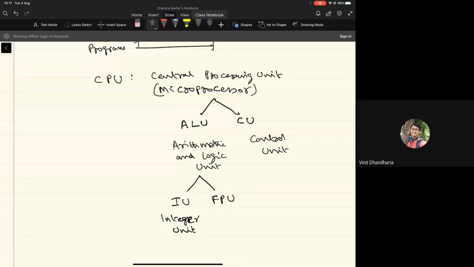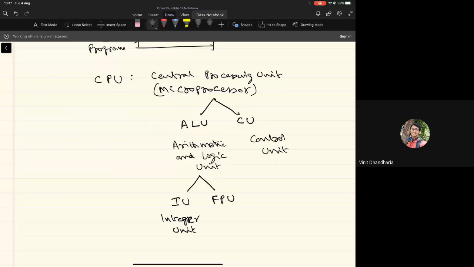And as all of you know, the basic arithmetic operations we are talking about are addition, subtraction, multiplication, and division. And logical operations are on the binary variable data, which are typically operations like the AND operation, OR operation, and so on. We'll come back to the details later.